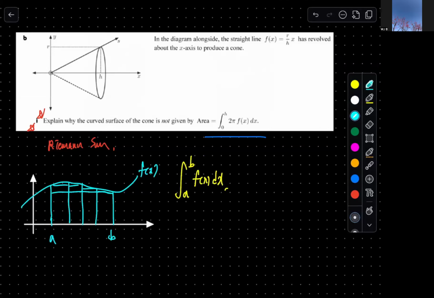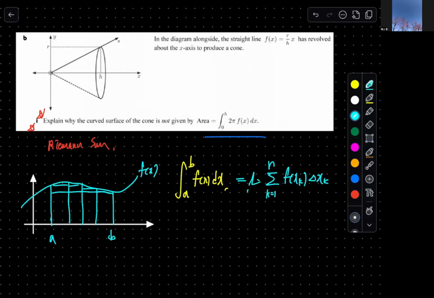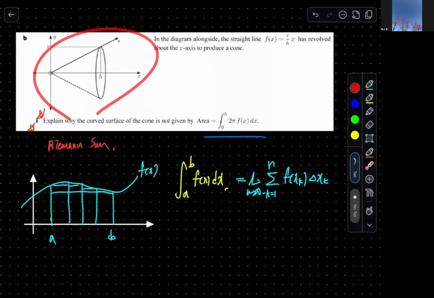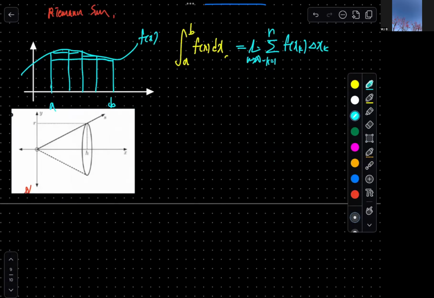Okay, and then there was a sigma, k is equal to 1 to n, function of xk, delta xk, when n goes to infinity. And right now, guys, what I want is to get the surface area of this. I want to get the surface area of this. And what I only know is to approximate with rectangles. Okay. So then if I try